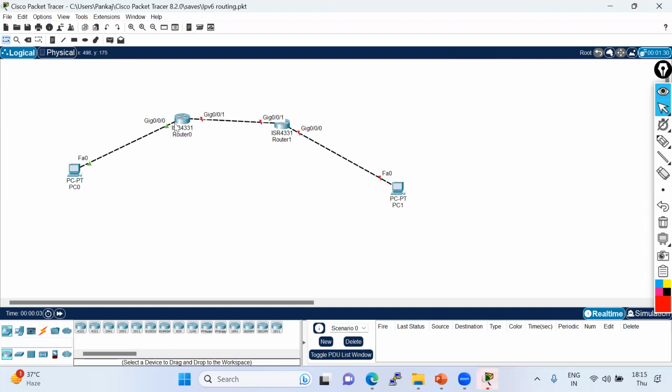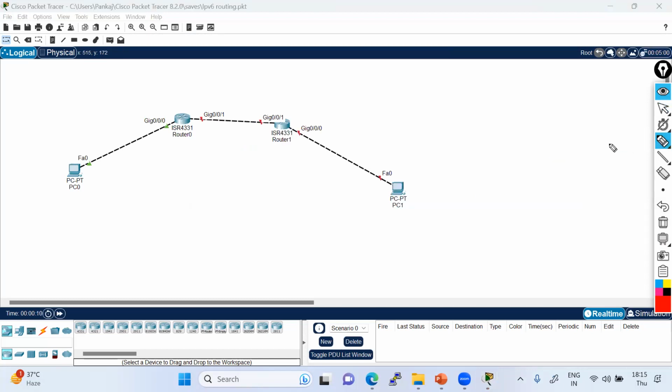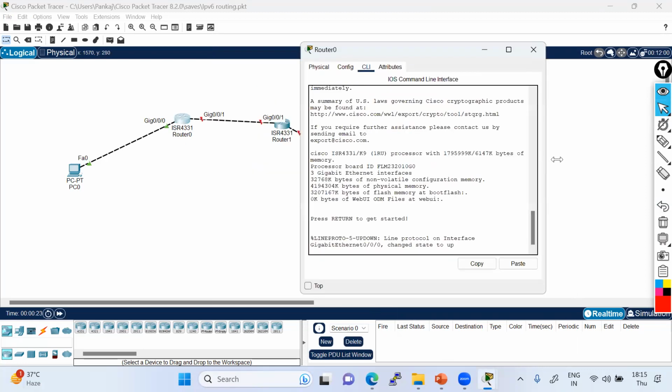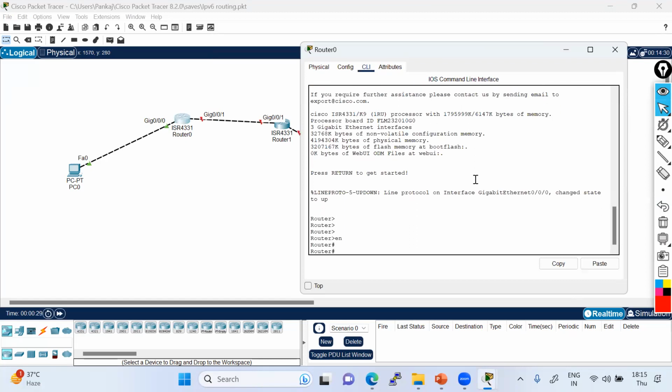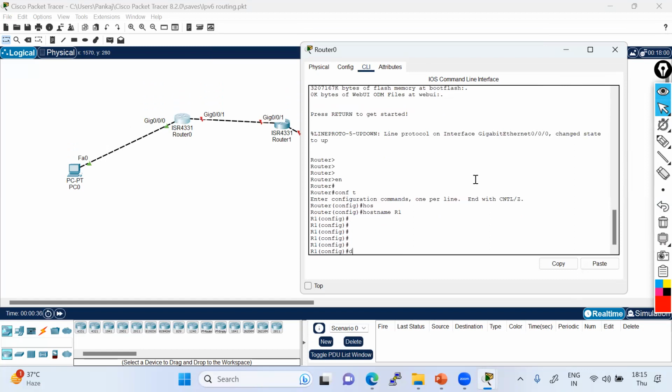So one thing I assigned in the previous class, right? How the IP address, you can see here in this particular section, if you're seeing that, let me just go here. Or let me just open this, okay? This interface itself has the IPv6, right? And how we configured it, we know about that. So this router interface, let me just make the host name R1.